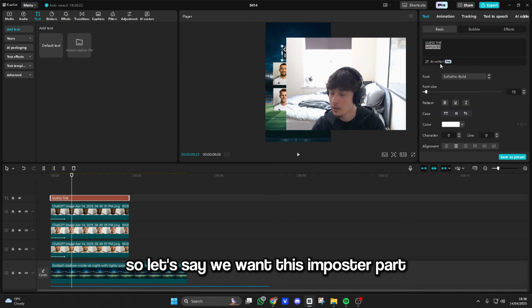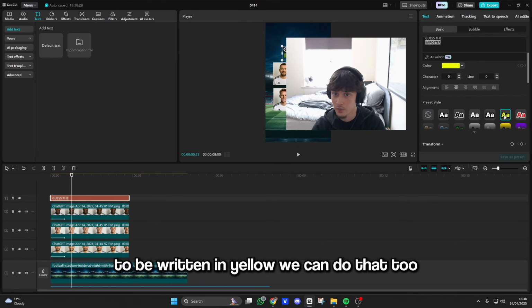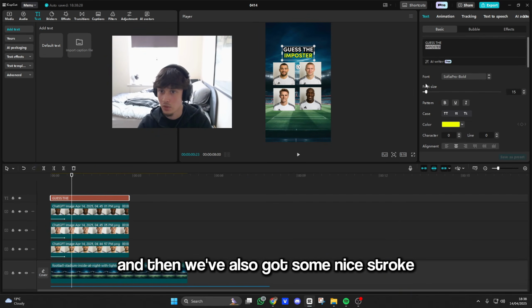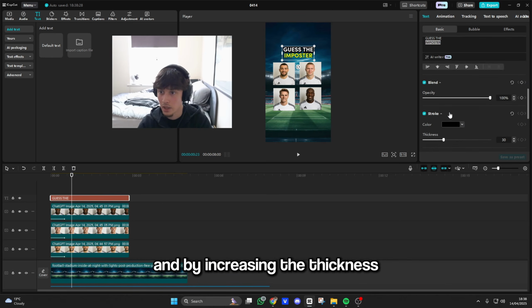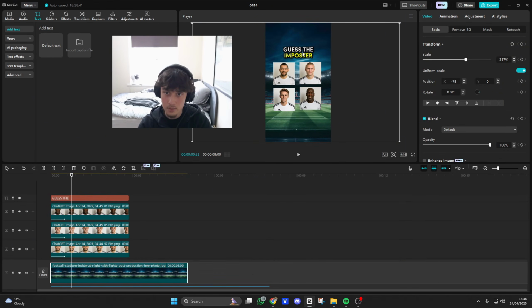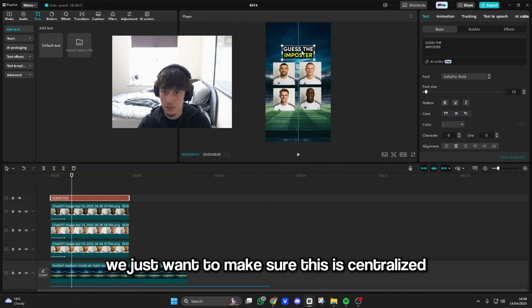So let's say we want this imposter part to be written in yellow, we can do that too. So now as you can see, the bottom part is written in yellow because you've selected the color, and then we've also got some nice stroke by increasing the thickness, and also added a shadow onto our text like so. So now that you've done that, we just want to make sure this is centralized,